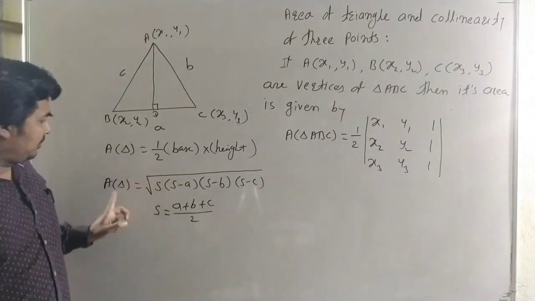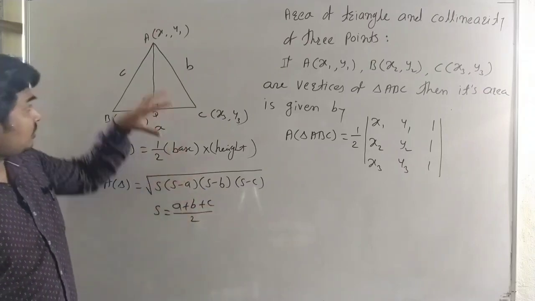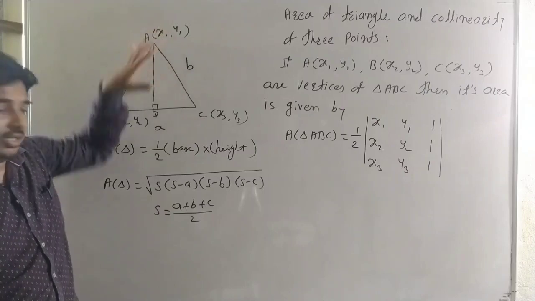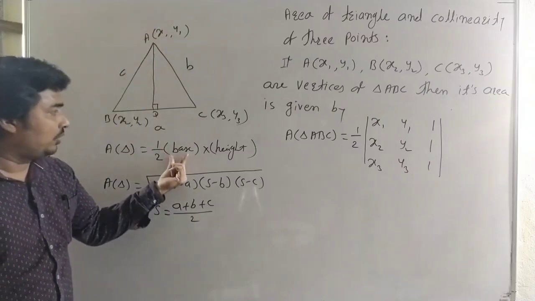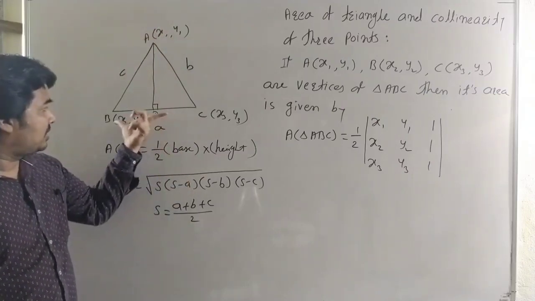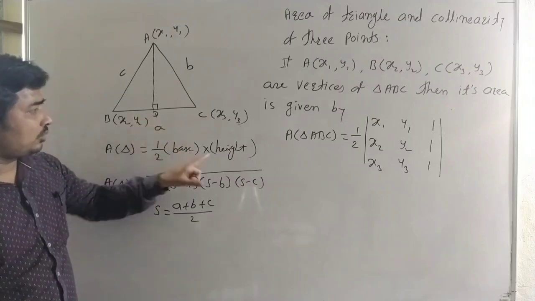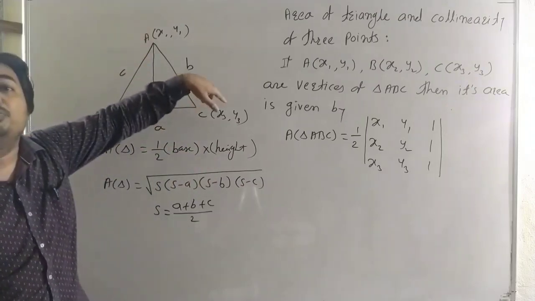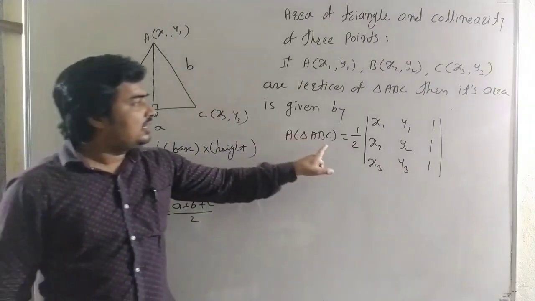Okay, here, to use the earlier formula, first we want to find the distance, that is the length of all sides, and then the half perimeter. When we use the base and height formula, the length of base we know by the distance formula, but the height is the perpendicular distance of point A to the line BC. Okay, now it is easy